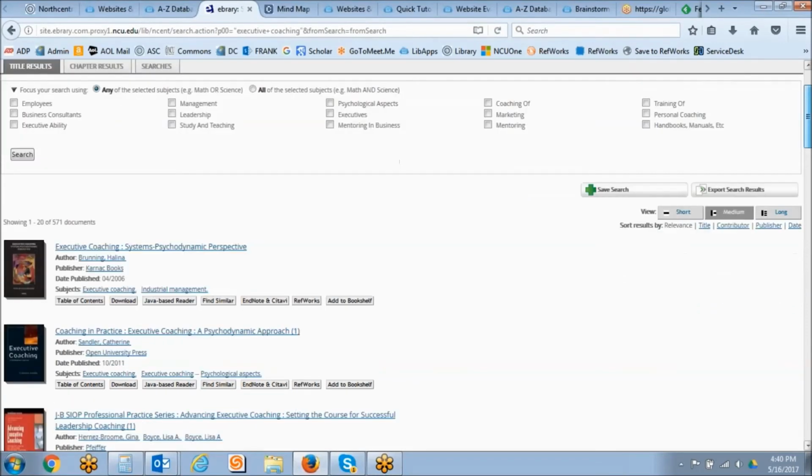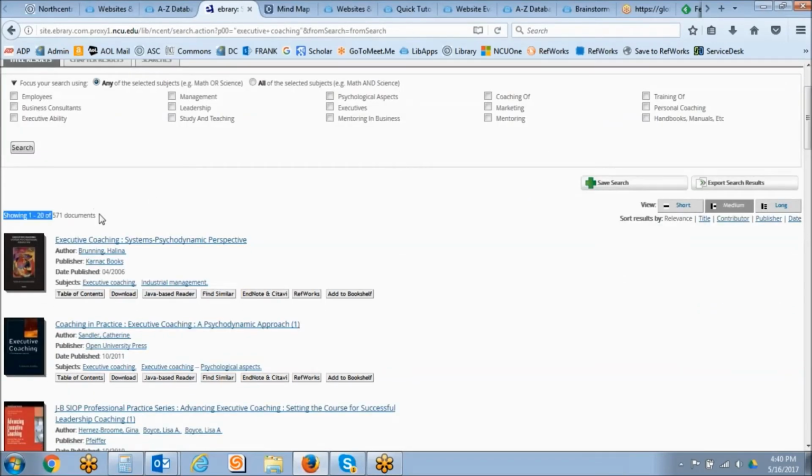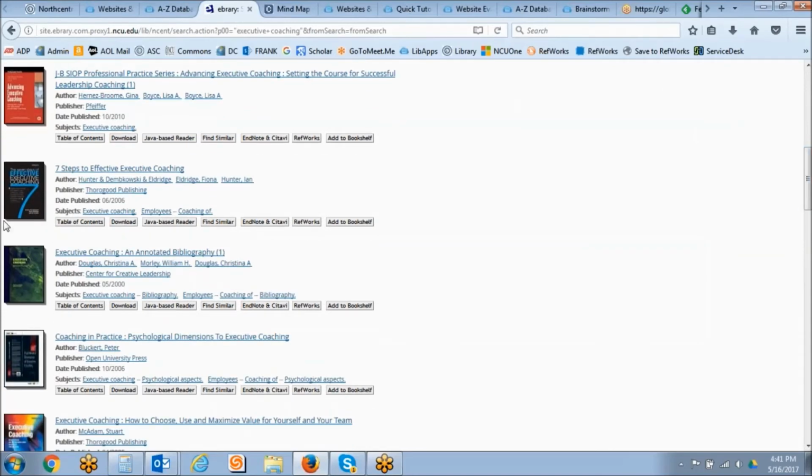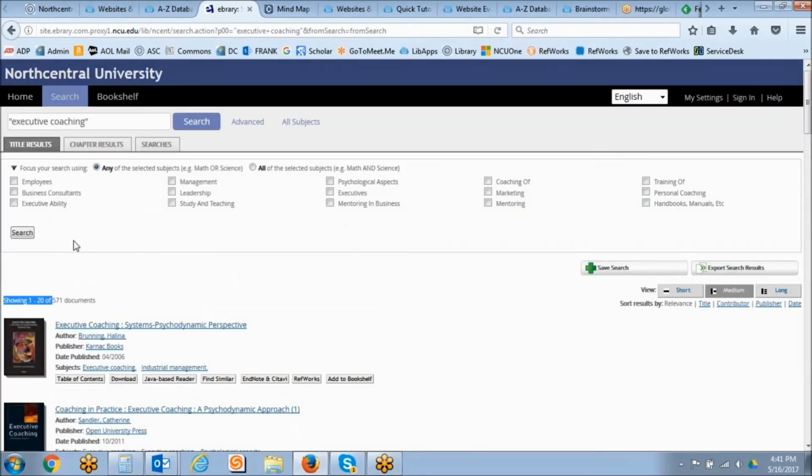We see 571 documents, so I could start scrolling through my results since they are ranked according to relevancy, or if I wanted to, I could sort by date, and that would pop the newest one up to the top. Another option that I have, in addition to just looking through my search results, and I do see a number of books that would be really of interest to me on executive coaching, but another option I have is to